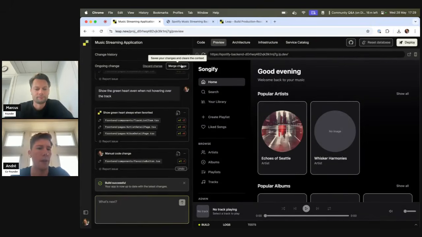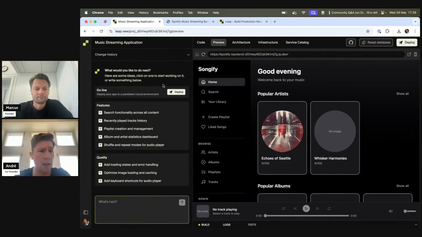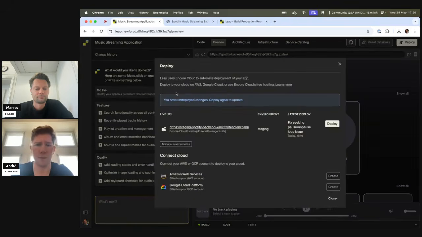Cool. So I'm gonna merge this change, and now you can see that we have new suggestions on what to do next. But instead of doing that, I figured we should take this to the real cloud. So if I click deploy here, you can see that this is our deploy page, and